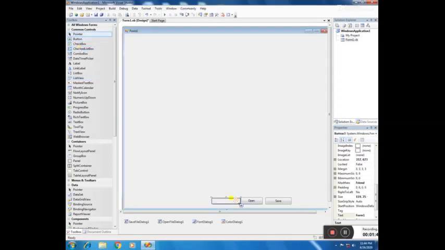Take the third button. For font, we will change the font. And again we will take one button for color.